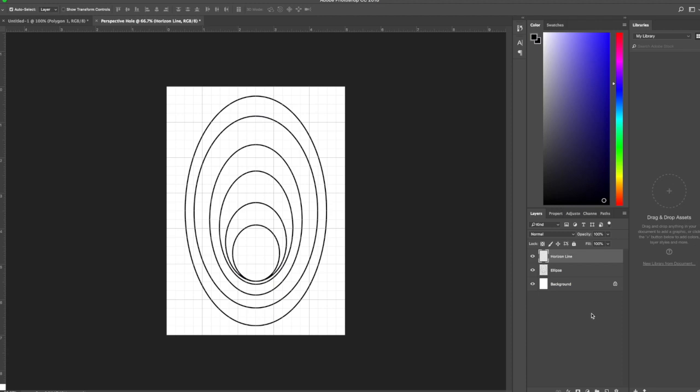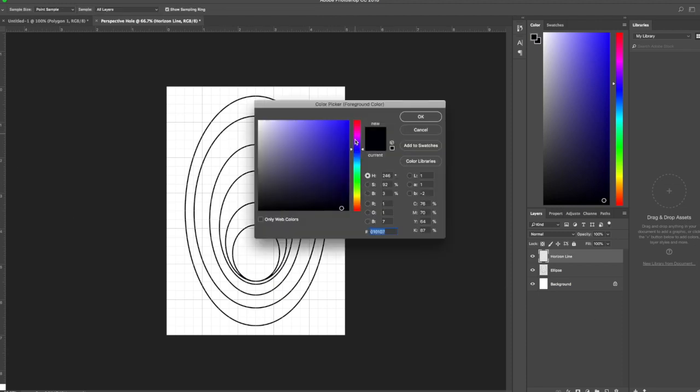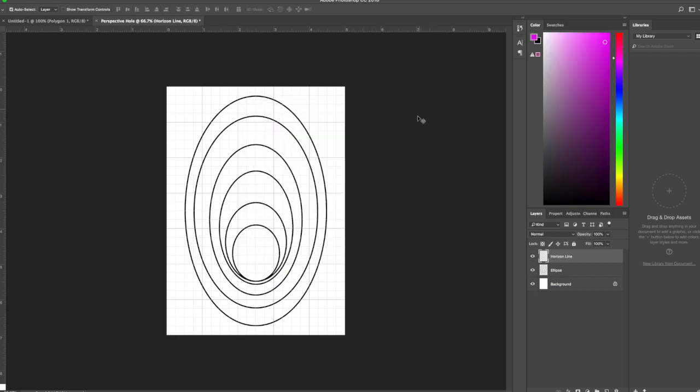So let's label that horizon line, and I'm going to use a different color. So I'm going to just use a magenta, pink, fuchsia for this. I'm going to go to the brush tool, and I'm going to choose a line, okay? So my line where I want the horizon line to go is I want it to be right here in the middle of this last circle that I have made. So I'm going to start on this line just by clicking once, shift,